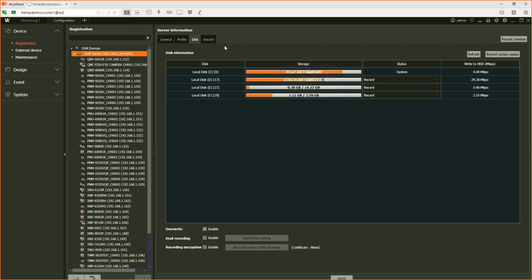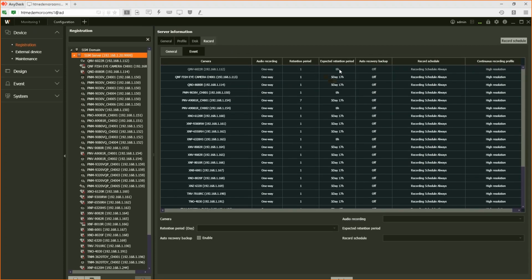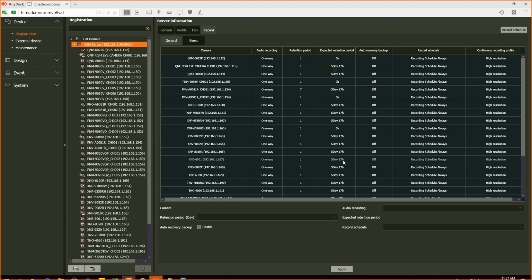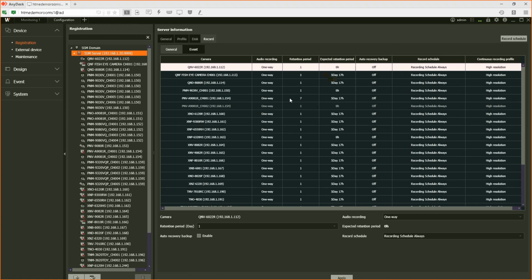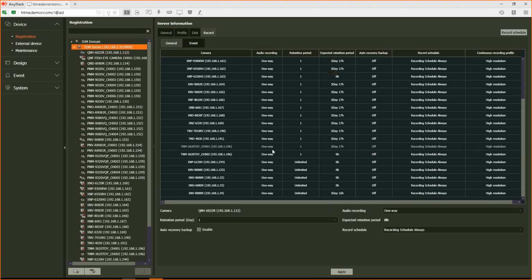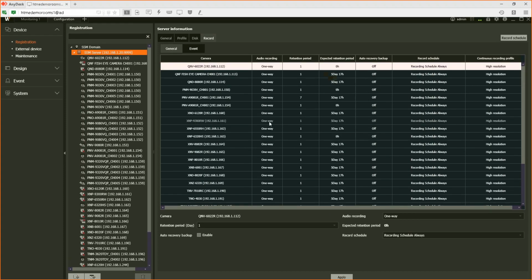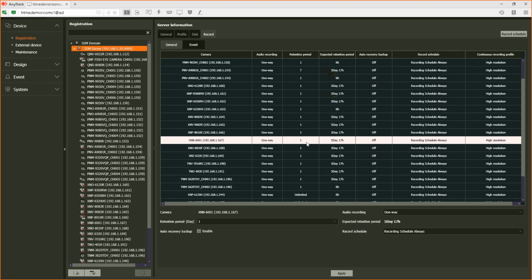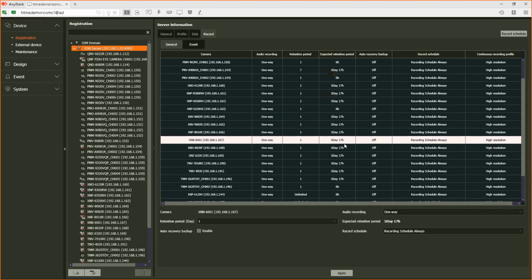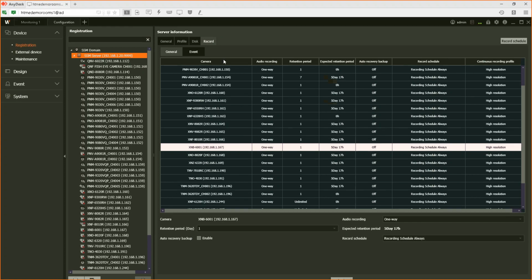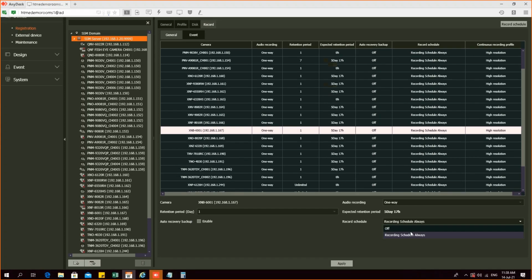Then you get an idea here how many days you can expect based on the current recording criteria and how many days you want to record. I have put the recording for just 1 day because it's not permitted to record actually for more than that. It's a private area, it's our office, but with the current hard disk capability, I can expect up to 5 days of recording. That's it. Then recording schedule, you can create your own recording schedule.